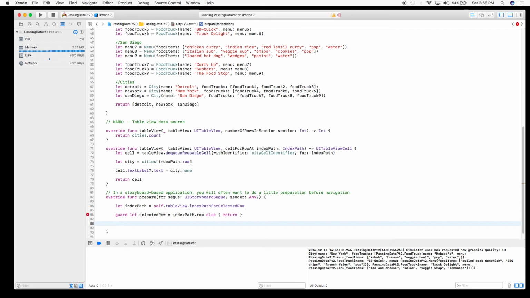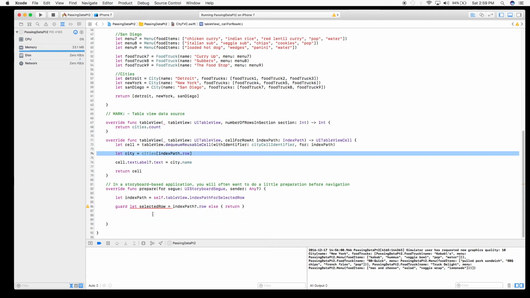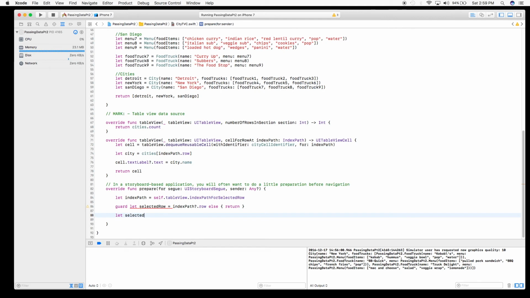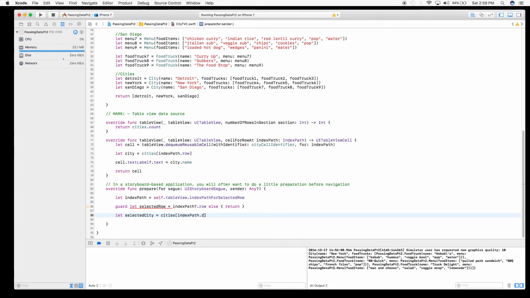And then we need the selected city that is located at that, right, because it's an optional, we've got to put the question mark there. So now that we have our selected row, we need to locate whatever city is at that selected row. So similar to what we did here in the self-row index path, we are going to grab that city out of our cities array depending on what row we end up selecting in our table view. So let's do let selected city equal to cities index path dot row. Oh, I'm sorry about that. It is actually selected row